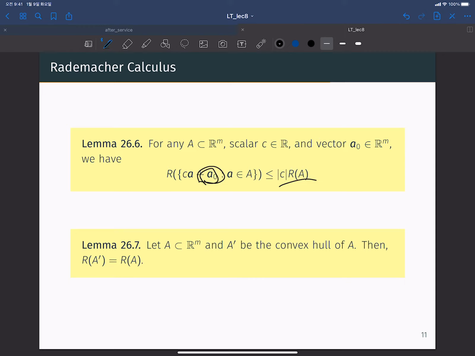So when you scale the hypothesis by a scaling factor, your Rademacher complexity is also proportionally scaled,